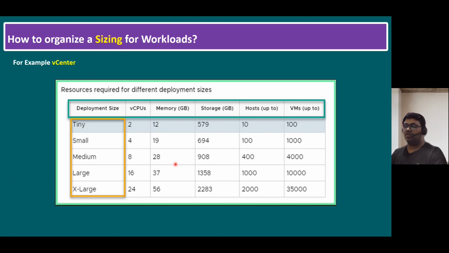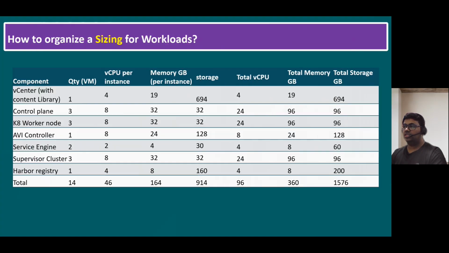But our current requirement, the customer requirement, is already given. So based on the customer requirement, we should choose either tiny, small or medium. For example, we are choosing the small size vCenter. Similarly, we have to choose the sizing requirement for other management components, like vCenter Server with content library,